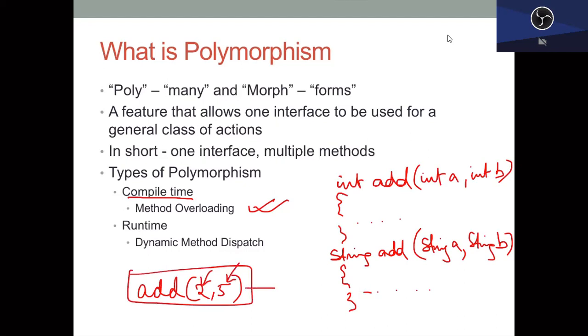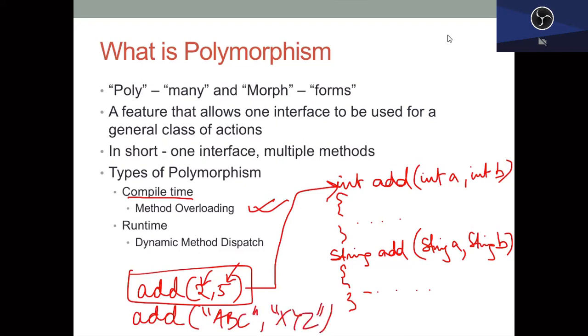So it can relate this method call to this method implementation. Similarly, when I say add ABC, comma, XYZ, the compiler knows that this method call is related to this particular method. So it knows which method to call at the time of compilation itself. This is known as compile time polymorphism, and it is implemented through method overloading.